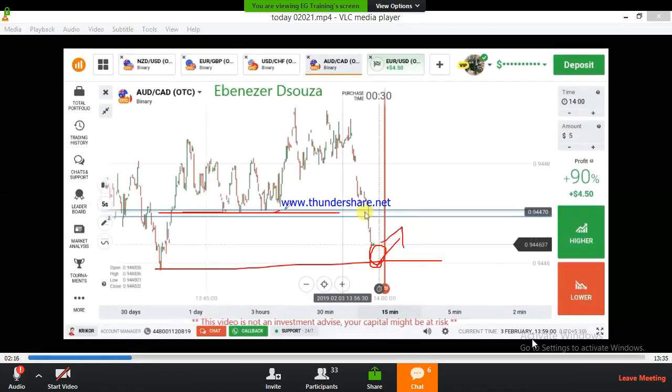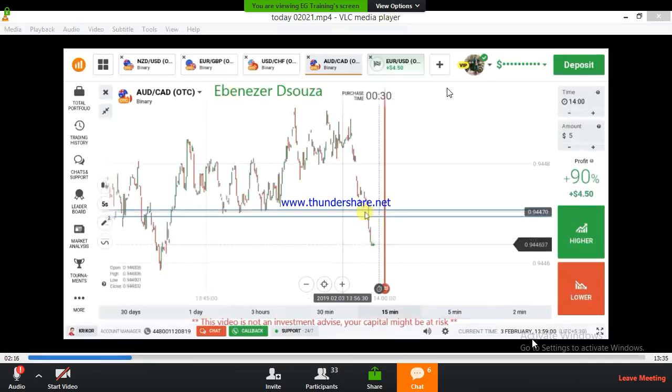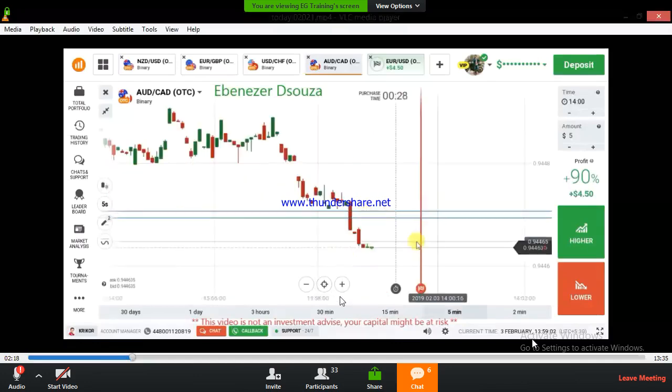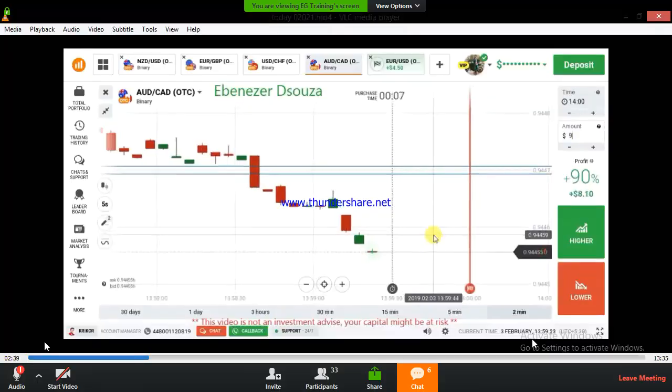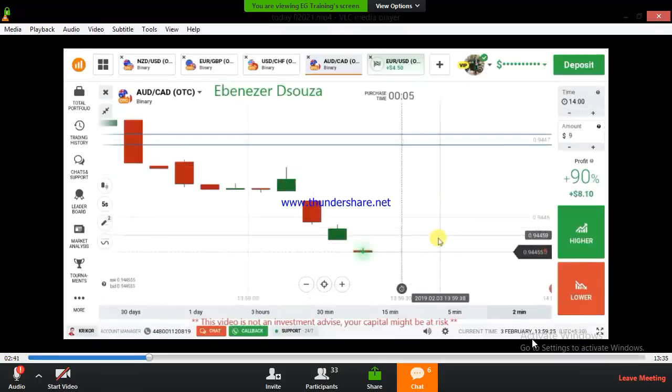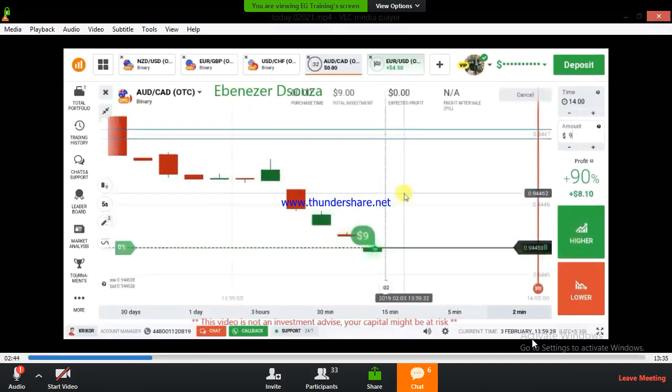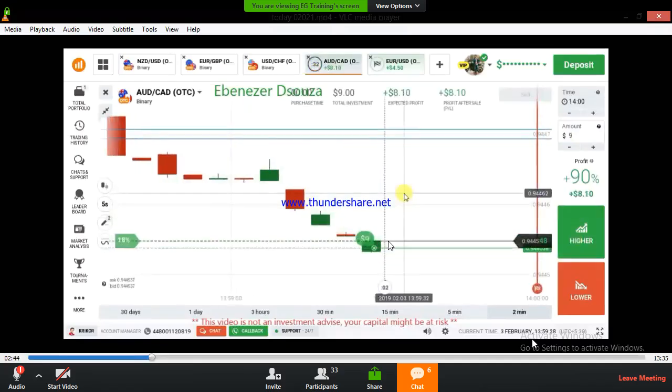I placed my trade in the previous one because of a strong level, and I wanted to place my trade with a strong level here also, but I didn't have any chance to place my trade. And this is a strong reversal point. Okay, this level. I placed my trade here without confirmation, because of the previous strong level. There is no other reason here, but I will show you how to trade the strong levels.